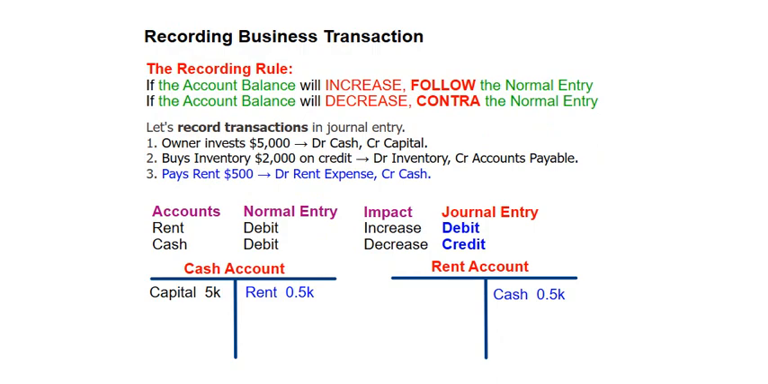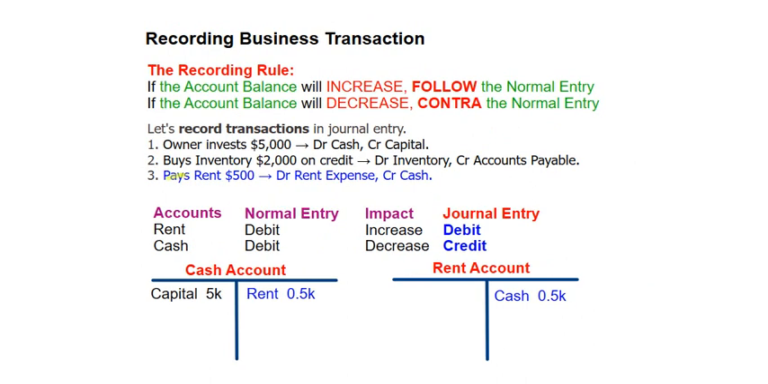Then let's look at the third transaction and see how we're going to apply what we have already learned throughout the step-by-step process. First, pays rent $500. So we need to look for clues. Pay means it will be involving cash account. Rent is an expense, and you know expense is always debit. Cash, which is an asset, will always be debit as well. So the impact of recording this transaction: sorry, only the rent account will be increasing, but cash will be decreasing